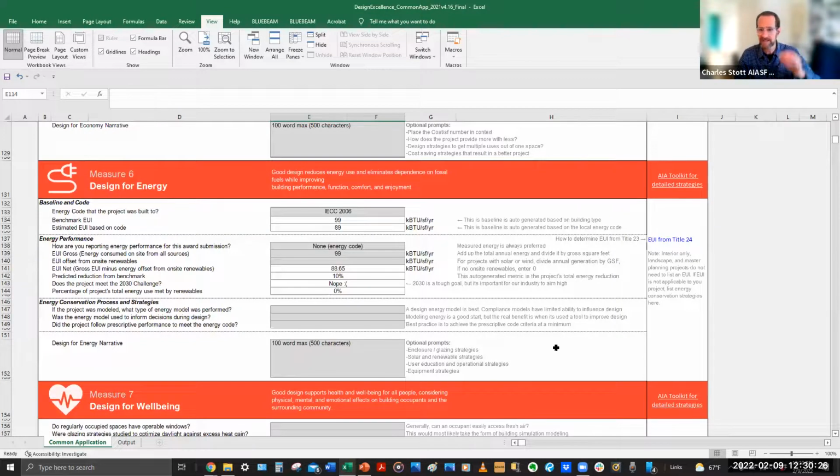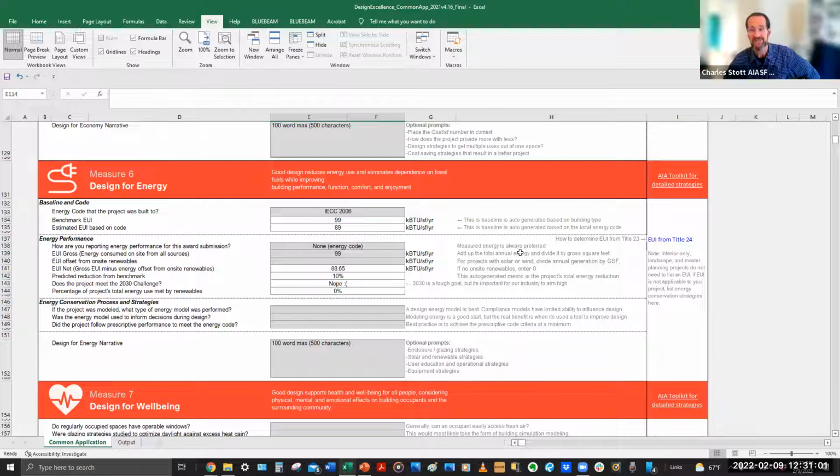Design for energy, and this is where Vaclav could maybe elucidate a little bit. This is basically our energy code input, and unless you're an architect who has this skill, you'll want to talk to your Title 24 consultant, or better yet, an engineer who's been doing some modeling for your project, about this EUI, which is energy use intensity value, measured in kBTU per square foot per year.